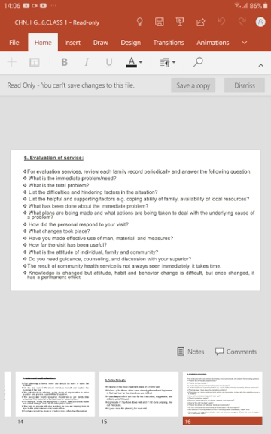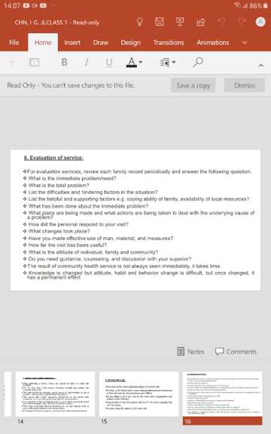So what has been done about the immediate problem? They should know some first aid, and you can also give health education regarding the problems. Then what plan is being made, okay, what action is to be done to understand the cause of the particular problem, and what about the personal response to the community health visit.